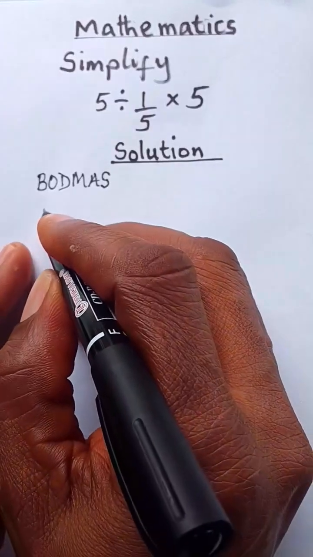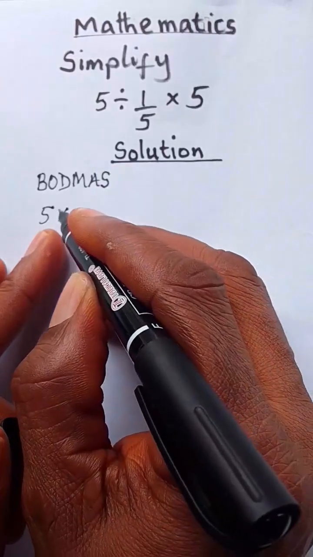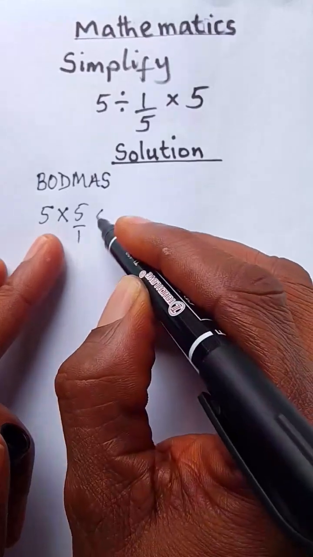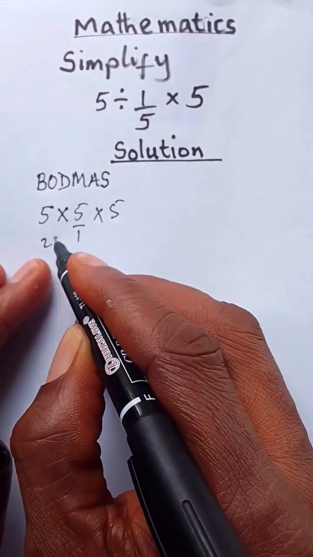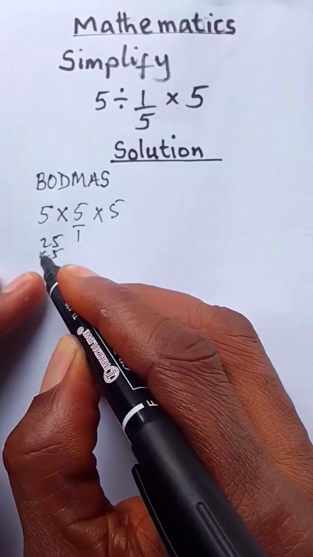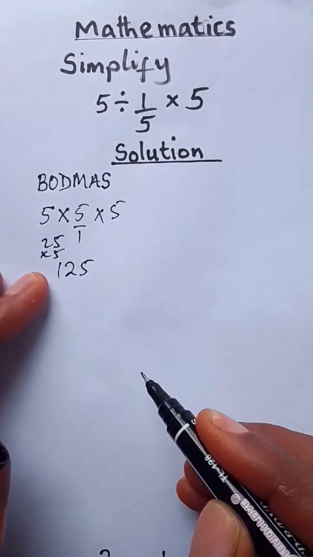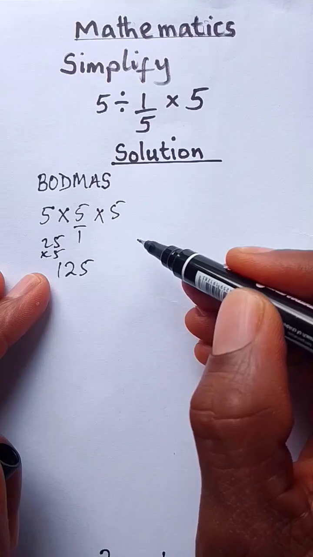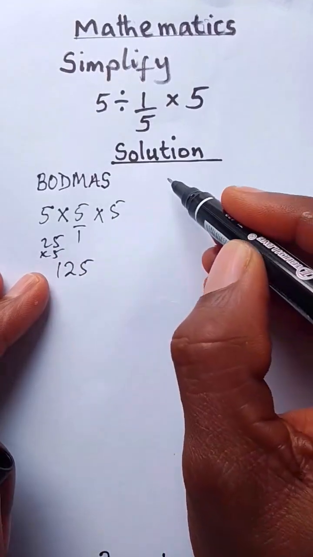So this will be 5. My division becomes multiplication, and I invert the fraction: 5 over 1 times 5. 5 times 5 is 25. 25 times 5 gives me 125. But you can also recall that in some regions, likewise in some textbooks, instead of BODMAS, what they